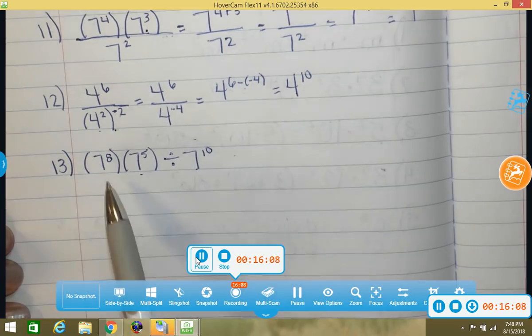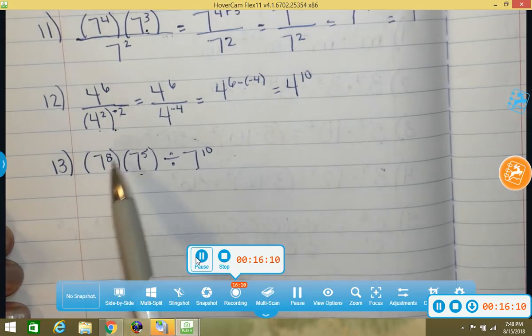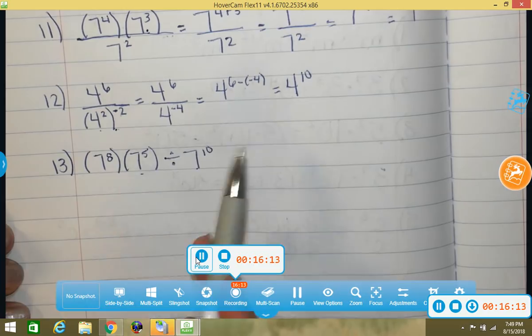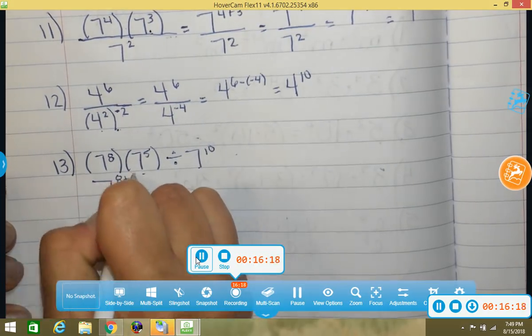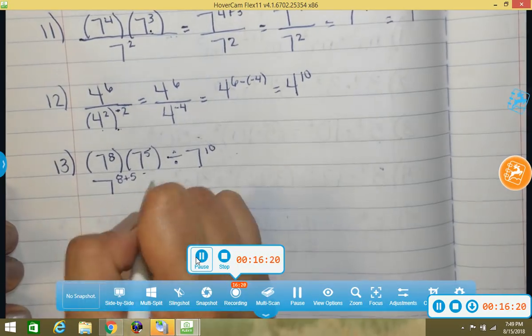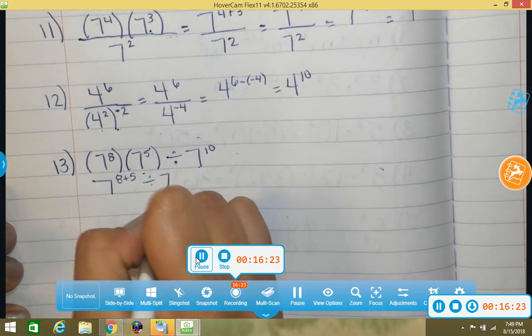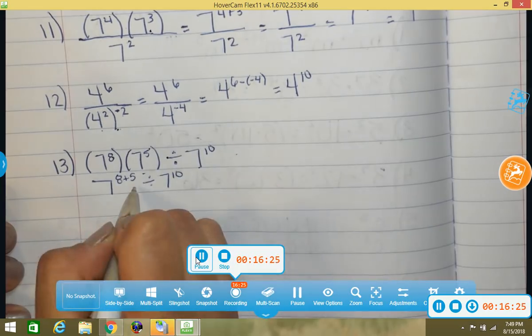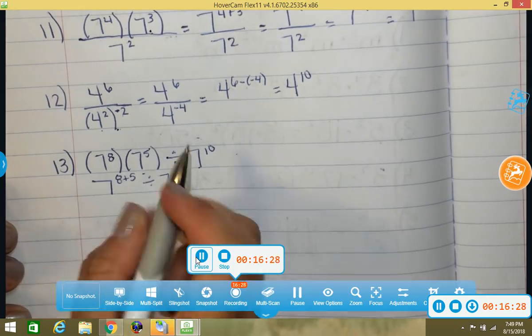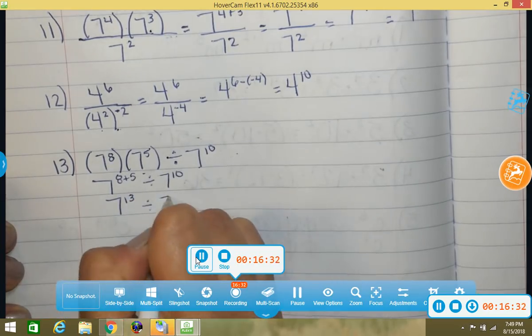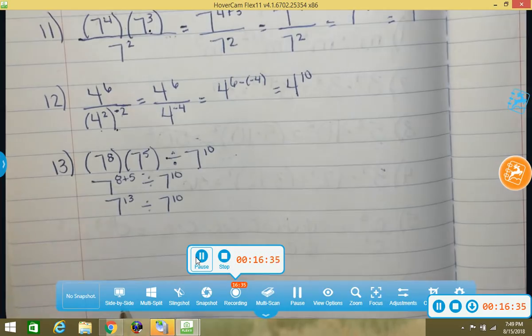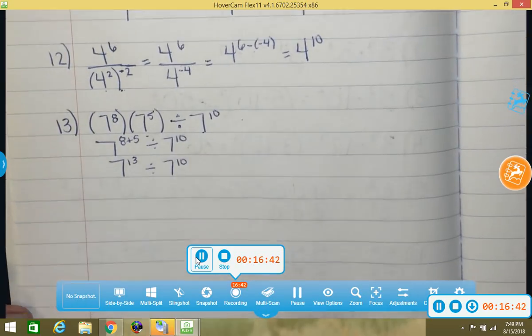Okay, so you should have noticed that it was like bases being multiplied, so you need to add the exponents here. So you should have said 7 to the 8 plus 5 power, and then it's going to be divided by 7 to the 10th power. 8 plus 5 is 13, so it's 7 to the 13th power divided by 7 to the 10th power. Well, again, guys, this is a simple one-step problem here. We know that